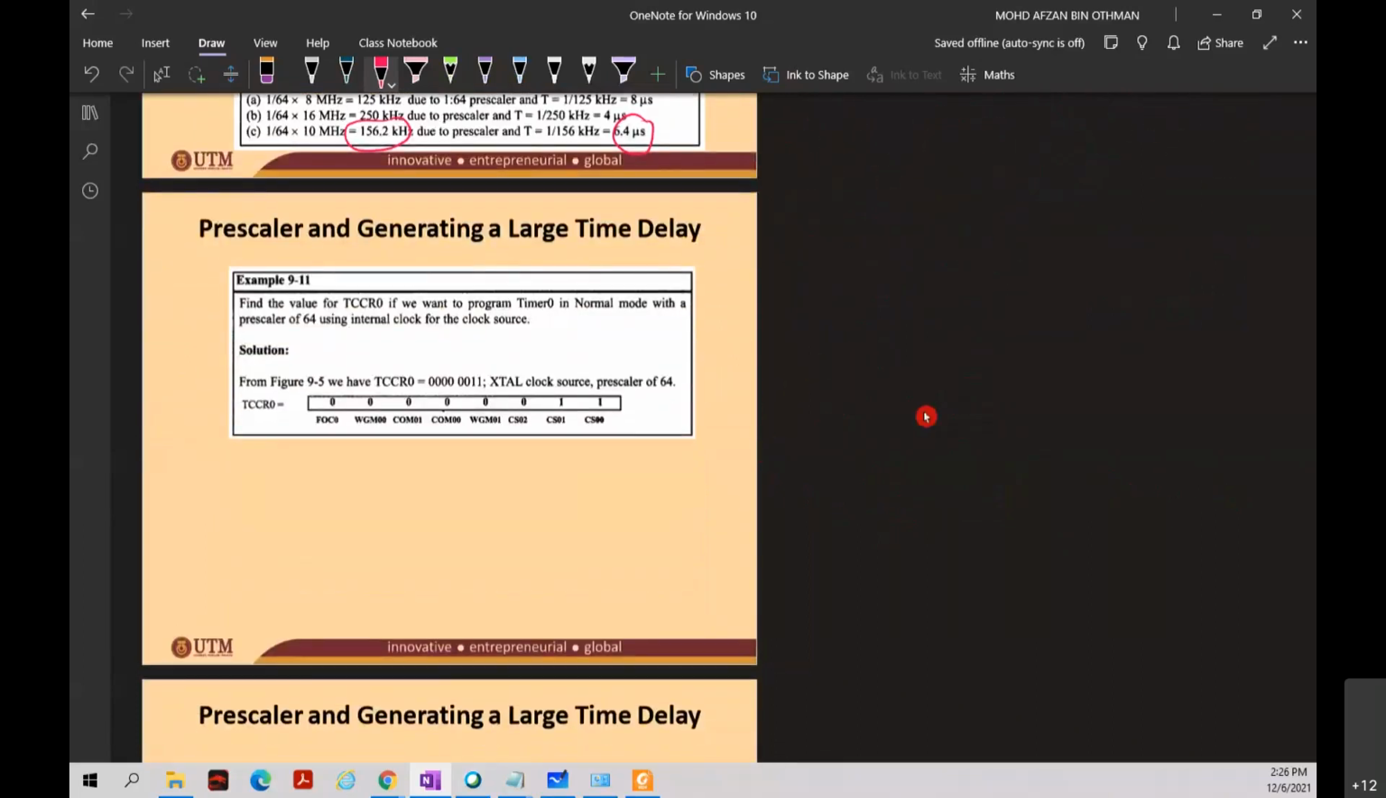Okay, so now let's look at the example 9.11 here. Okay, so now you're going to do the setting lah, your TCCR setting, which is step number 2. Okay, for example here, you're going to program timer 0, normal mode, but now with prescale 64. Okay, so what are the settings that you need to do to your